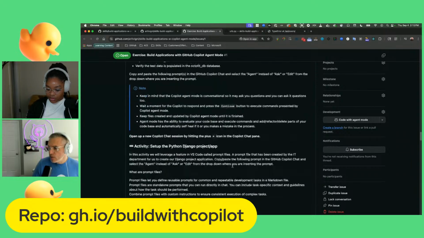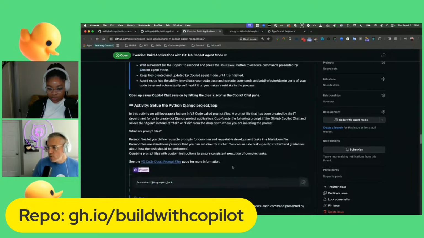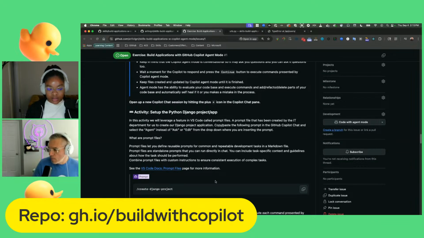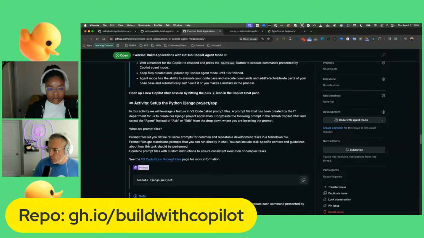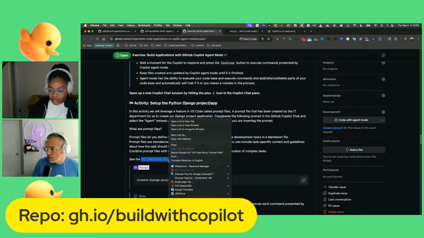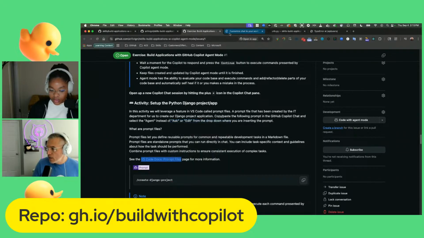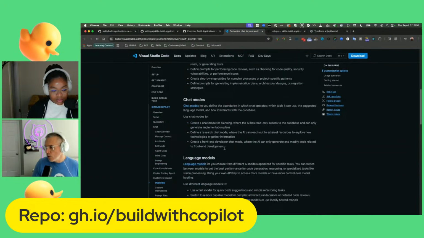Last time I also got some great feedback from DevRel folks on some improvements to make to this. So I added some docs at the top here for prompt files. I also let people know what we're doing here, that we're using these prompt files and what they're about, what it means to create a prompt file and what's in it. And you can just open this link and dive deeper into